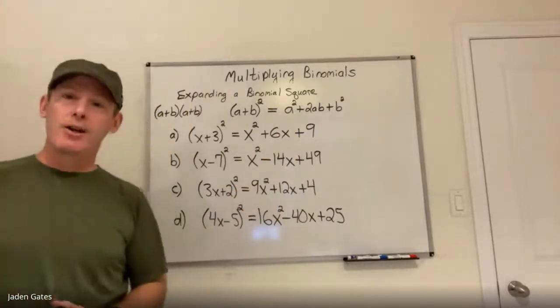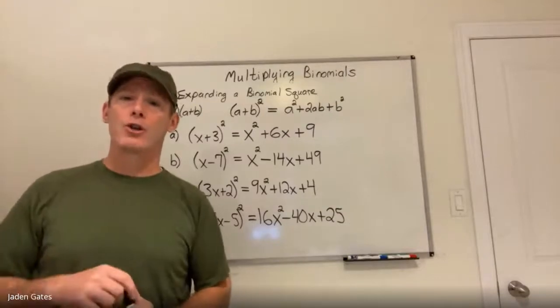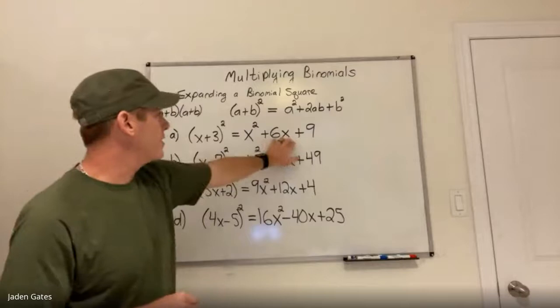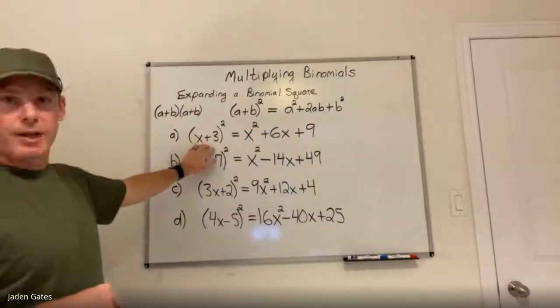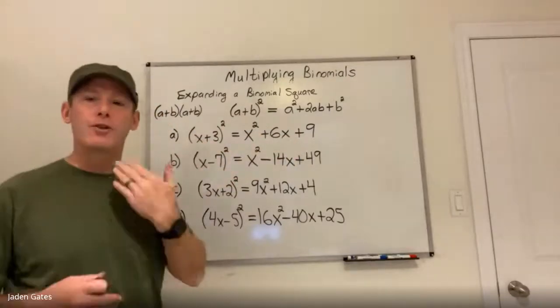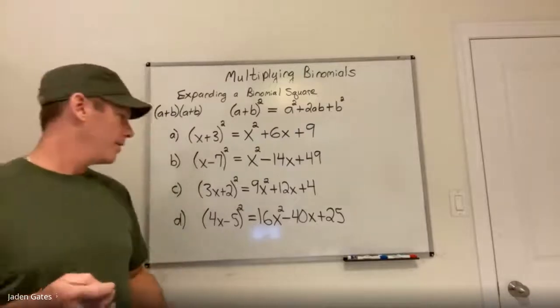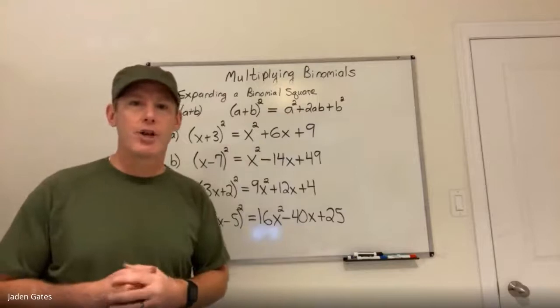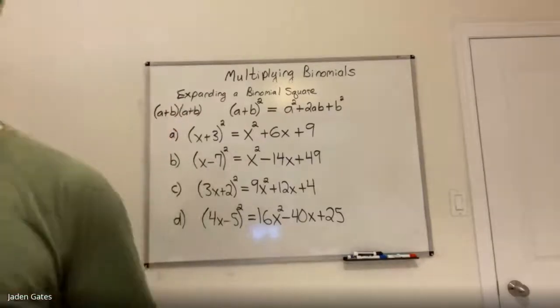Now, at 10 o'clock today, we're going to start doing what's called factoring. We're going to go the opposite way. We're going to take something like this and make it look like this. All right, so we're going to reverse FOIL at 10 o'clock today and at 11. We're going to do it both times. One's going to be the easy one and one's going to be the harder one. All right, so